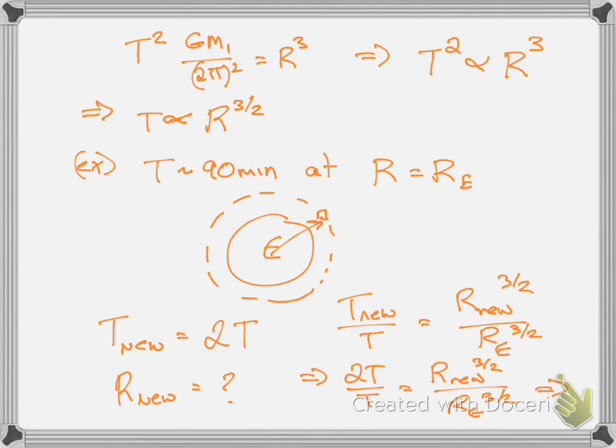Not the new Earth radius, sorry, the new radius of orbit is equal to, we cross multiply again, and we get 2 RE to 3/2 equal R nu to 3/2. Take the 2/3 power of both sides, and we get that R nu equals 2 to the 2/3 times RE,